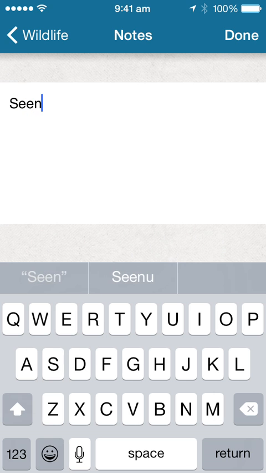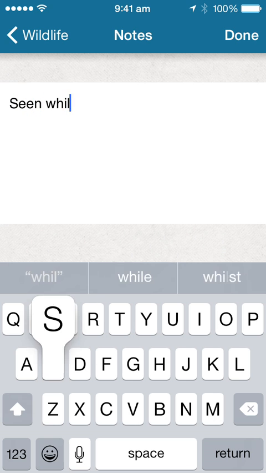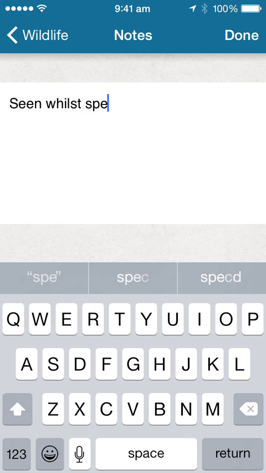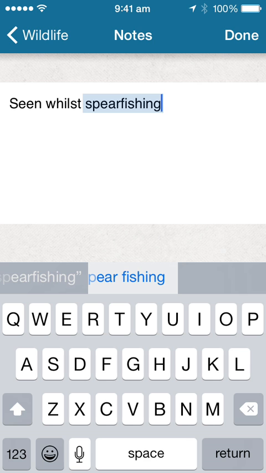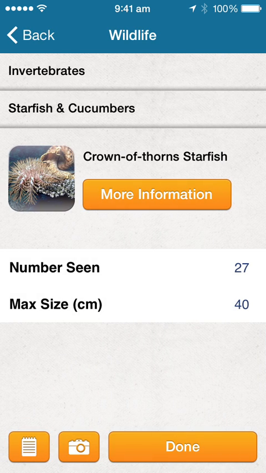So we're going to say we seen whilst spearfishing. That gives us an indication that you were snorkeling. Okay, done. Now the other option is a little picture of a camera,